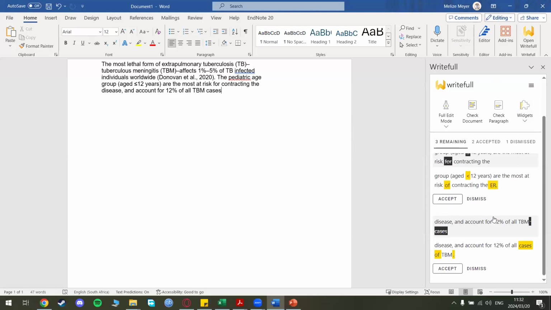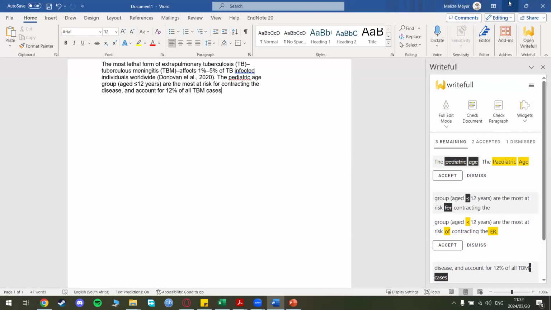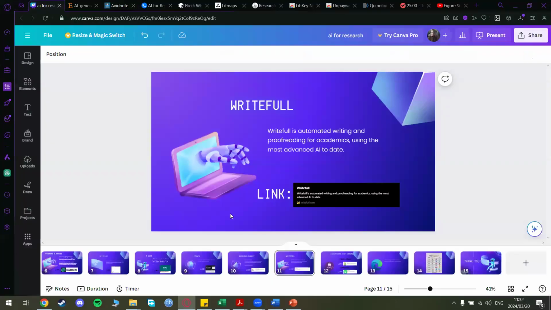But it's very helpful, especially if English is not your first language. It will help you with grammar and everything, and then also rewrite your sentences in a more academic way, or academic language, let's say.